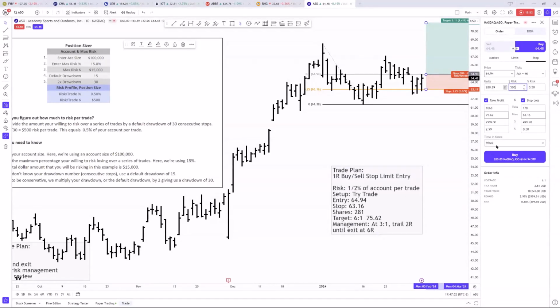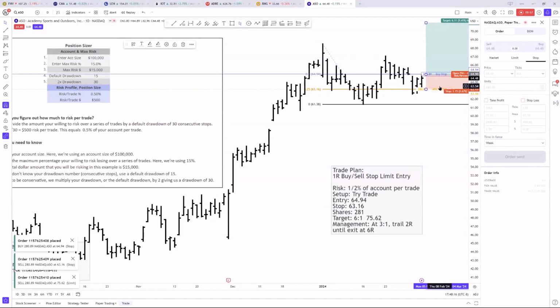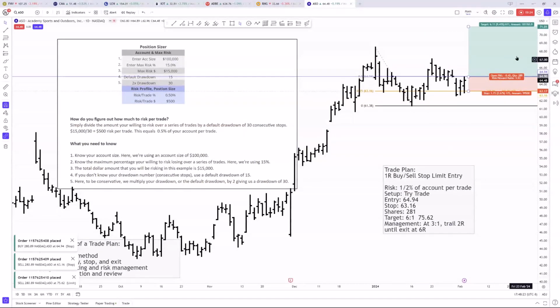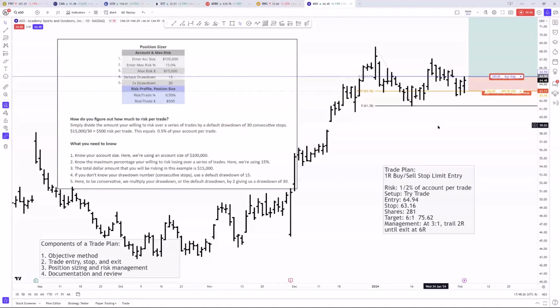So that looks good. This guy's liable to be filled on Monday, so close. But we're going to do an order to take us into the market. So we just check everything. Everything's looking good. 63, and I'll double check this after the recording. Send the order, and now there's nothing to do except follow the plan. That's it.